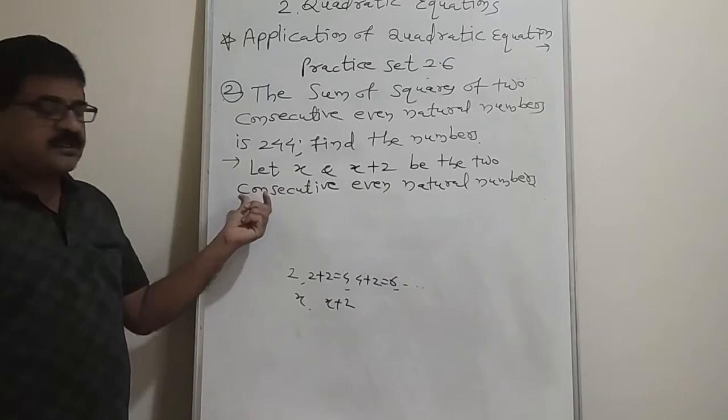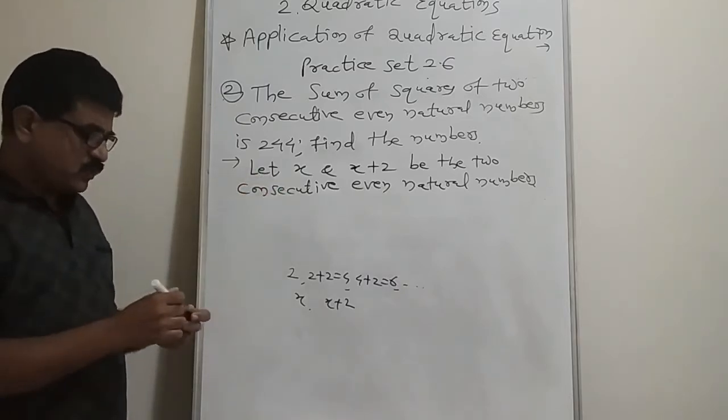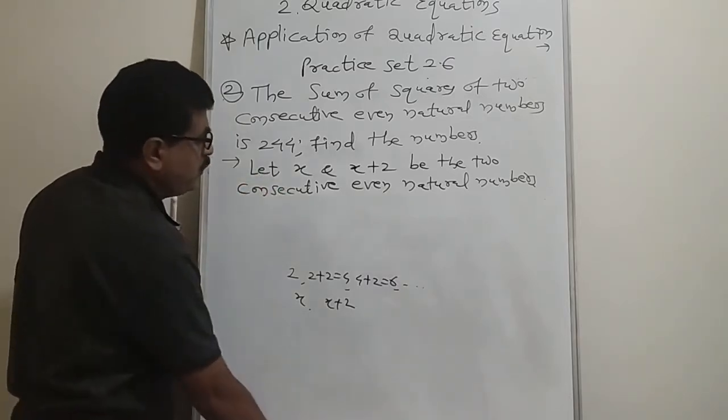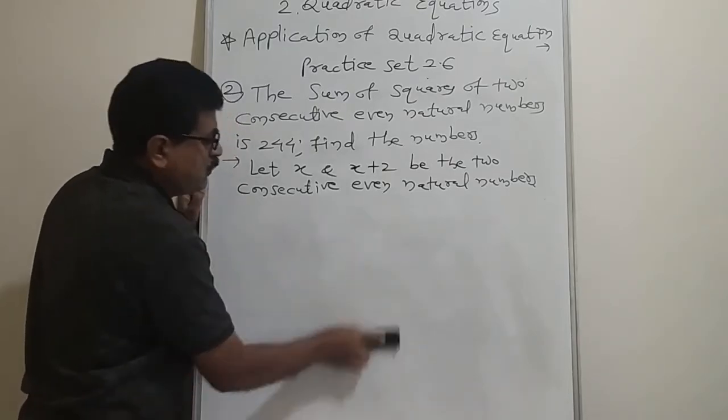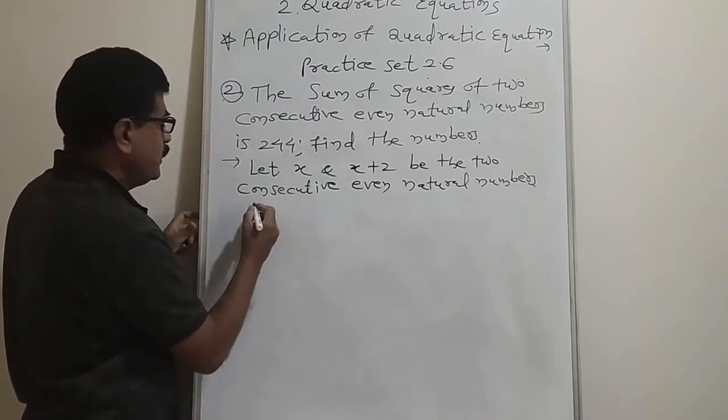Now we consider this: let x and x plus 2 be the two consecutive even natural numbers. Therefore, by the given condition,